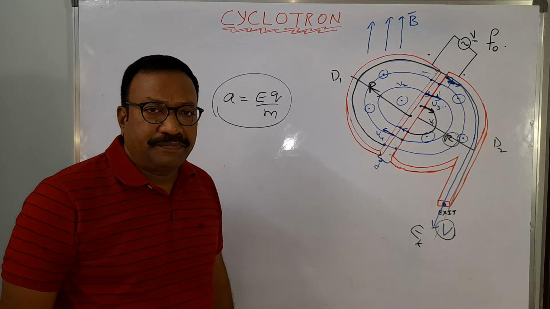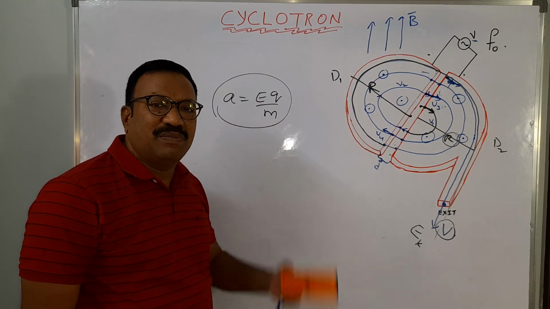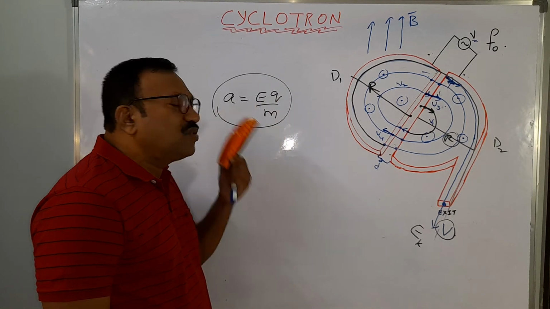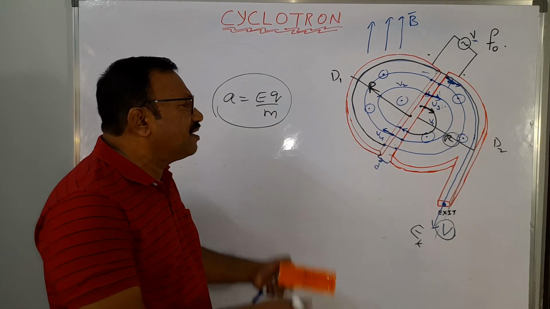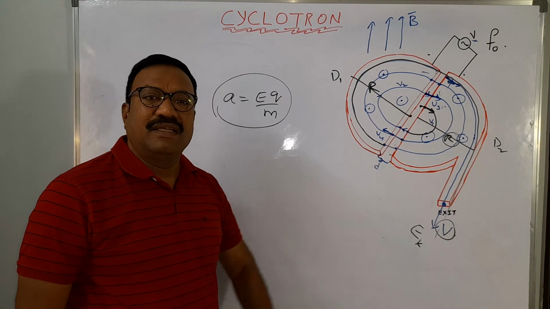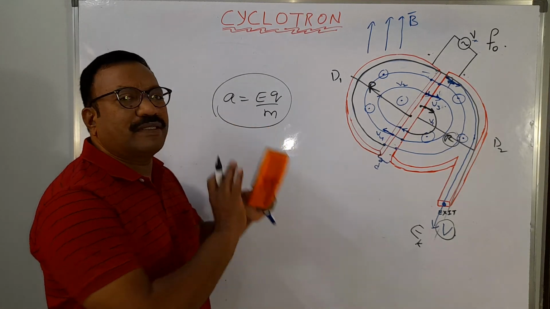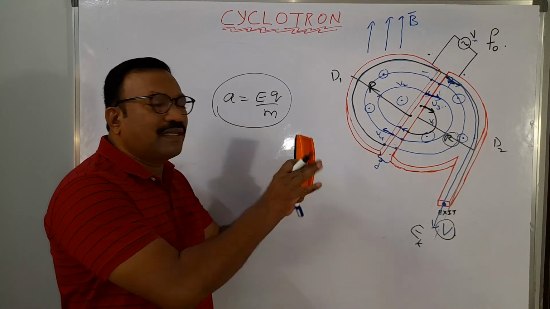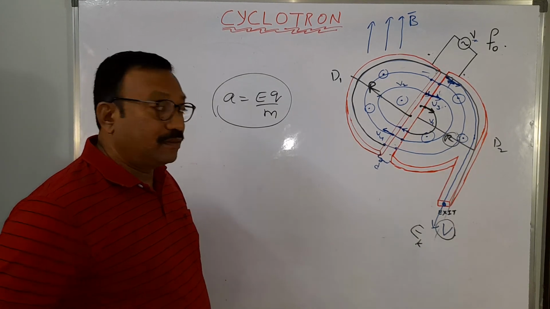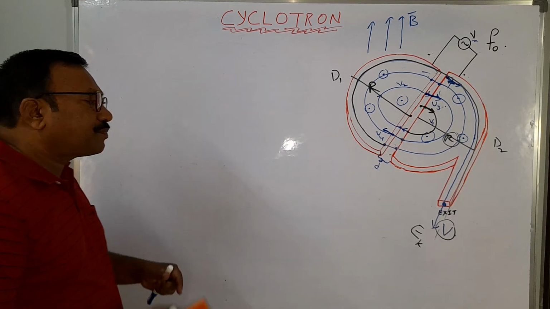The electric field. So charge is compulsory, because the electric field has to apply the force, which means charge must be there. If there is no charge, there is no acceleration. If there is no acceleration, speed will not be increased. When speed is not increased, you cannot get the energetic particles. So one of the drawbacks is that only charged particles can be accelerated, neutral particles cannot be accelerated. Second drawback, which is very important. Let us see what the second drawback is now.